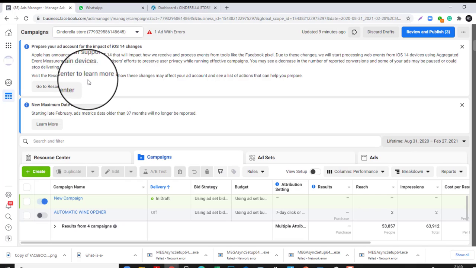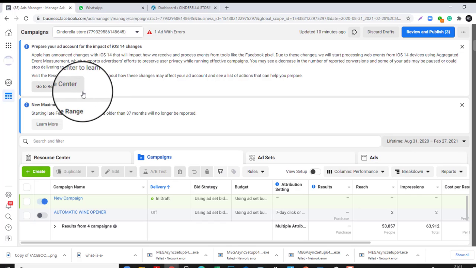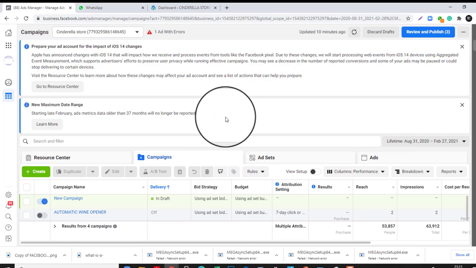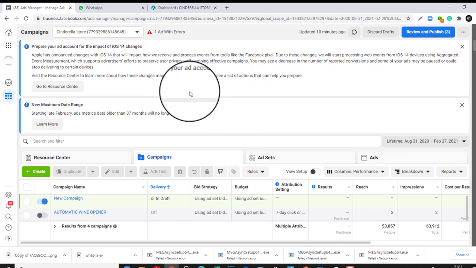Because of this new development, Facebook has been forced to change the way the system is run. So they made an announcement that we should all try to set up our pixel, verify our domain, then add our events manually. So in this video training, I'm going to be showing you step by step how to do that. So let's dive in. If you go to your Ads Manager,